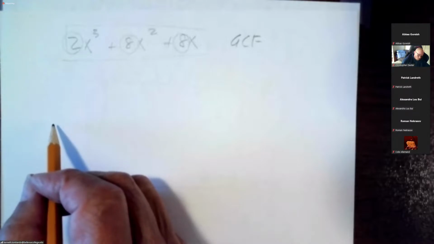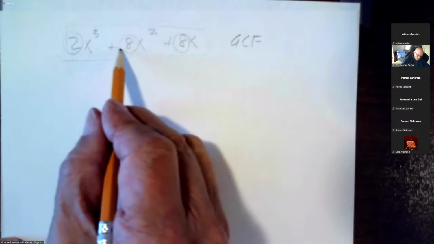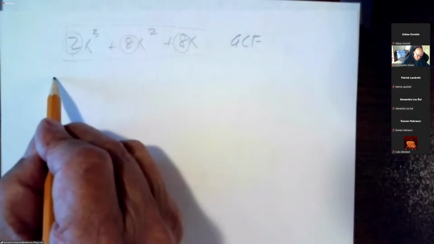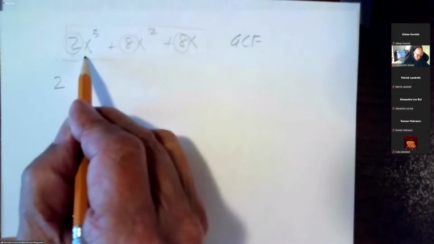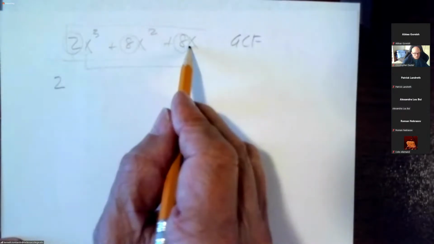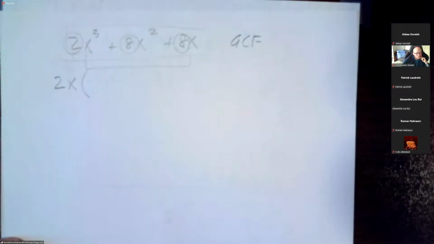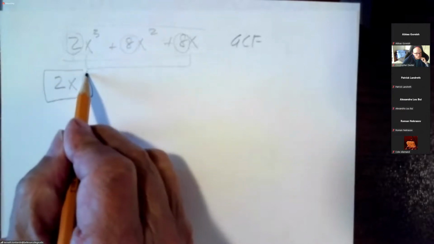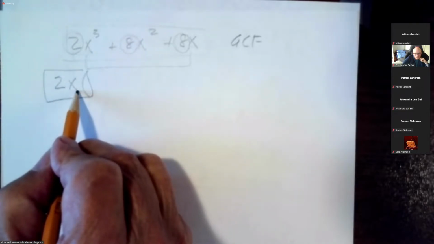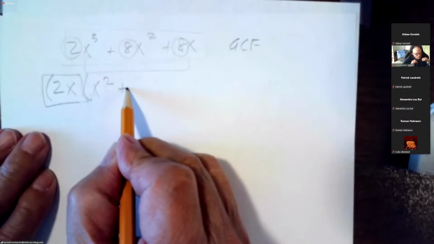Wouldn't the greatest common factor be 2x? Well, the greatest common factor from the 2, 8, and 8, would that be 2? Yes. And the greatest common factor of x, x squared, and x would be something that's common. That would only be the x is common, isn't it? So that would be 2x. So if we say 2x is the greatest common factor, what's left after we do that? If I say the greatest common factor times what's remaining? It would be x squared